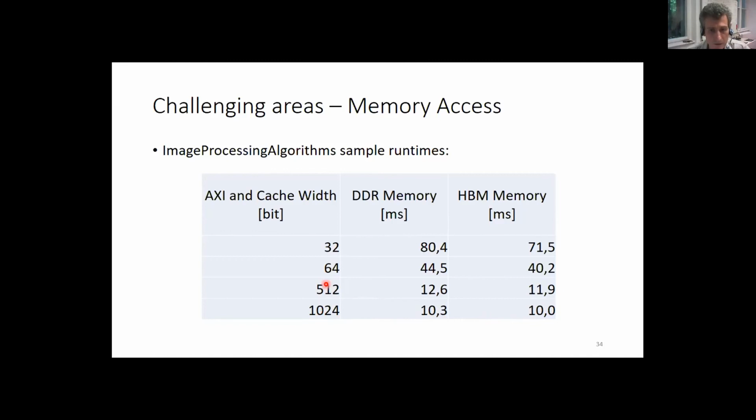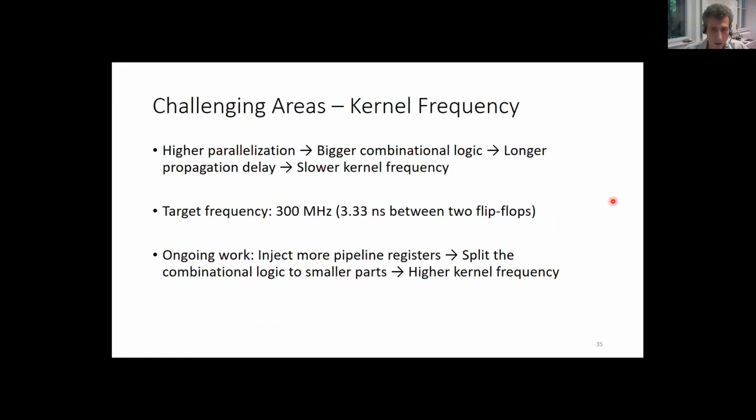Finally, we settled with the 512-bit because we found that 1024-bit was causing kernel frequency drops in some test applications. Yeah, the second challenge which I mentioned, the kernel frequency,